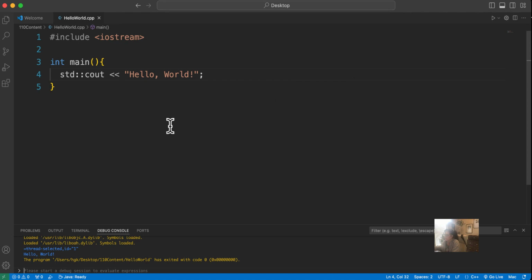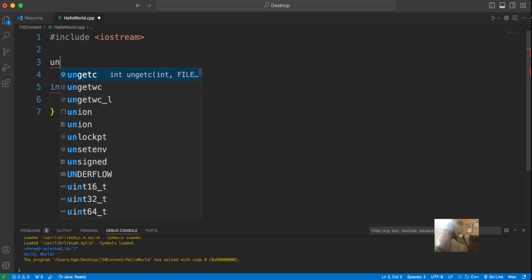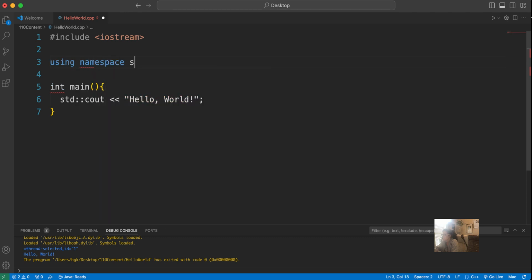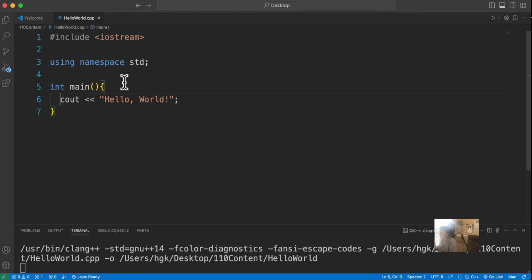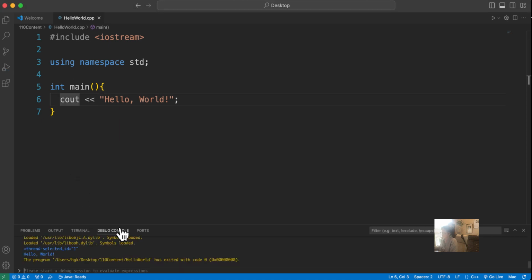Now you may have seen this demonstrated another way, using a namespace. So I'm going to modify the code I'm writing now to use namespace std there. And when I do that, I don't have to scope cout directly to std. Now, compile and run that. And we will take a look, and it ran successfully.